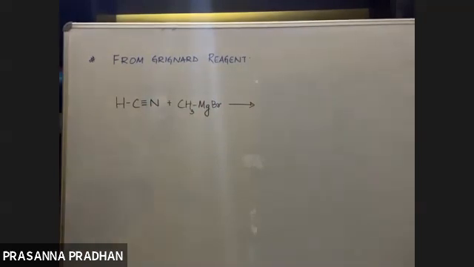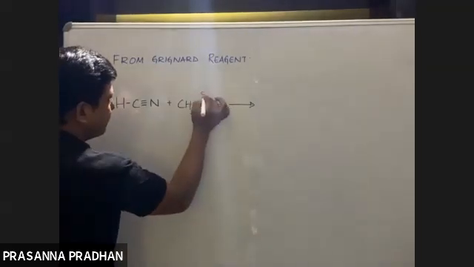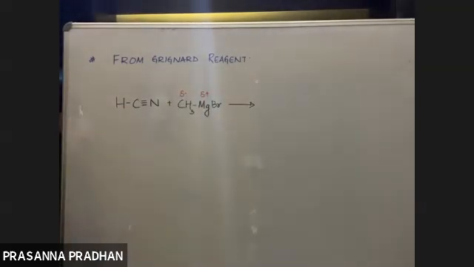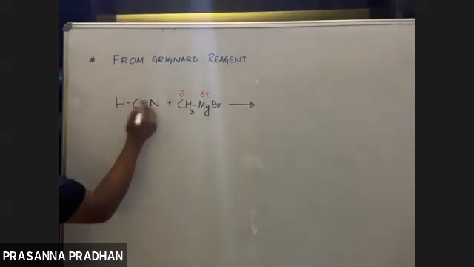Okay. Now, before going into detail, just let me know what is the positive and negative part in Grignard reagent. You should be knowing this thing. What is the positive and what is the negative part in Grignard reagent? Which is the positive and which is the negative part? In Grignard reagent, the metal is the positive part, and the negative part is the alkyl group. And the CN group, you know, nitrogen is highly electronegative, so this group is also polar in nature. Negative, positive. Nitrogen is more electronegative.